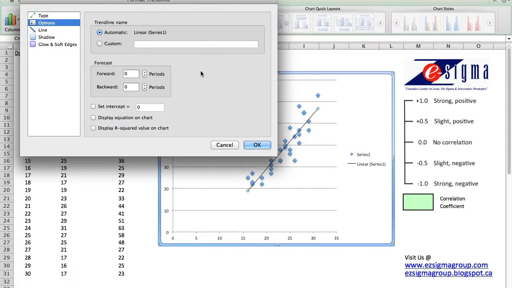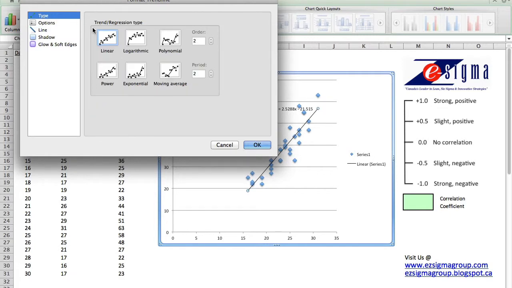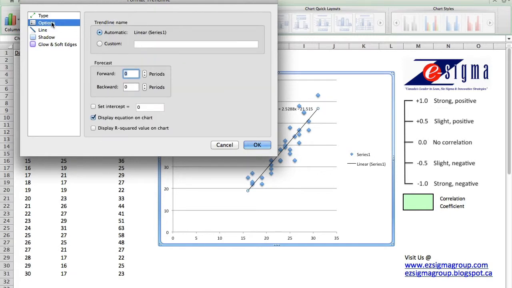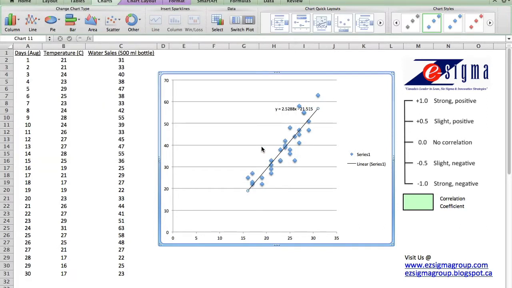And on the same window here, you can also display the equation of this relationship on the chart. You can click on type and choose linear as I've done here, and under options you simply check the box for display equation on chart. Okay,